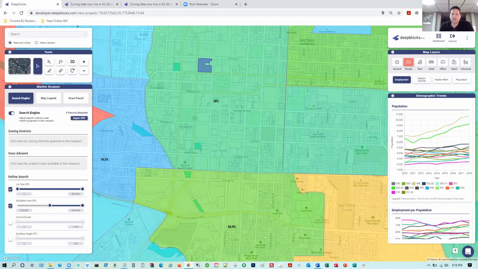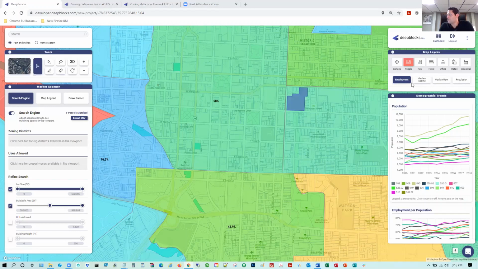Yes, we do have an opportunity zone layer, and I actually will show you that. I was about to turn it on, so I do want to see if any of these properties reside in an opportunity zone. And just to specify, our opportunity zone layer is represented throughout the entire country. So as you're doing parcel searches and looking for different properties, you can always turn on that opportunity zone to see where those parcels reside. So I will turn it on in a few seconds to demonstrate that.